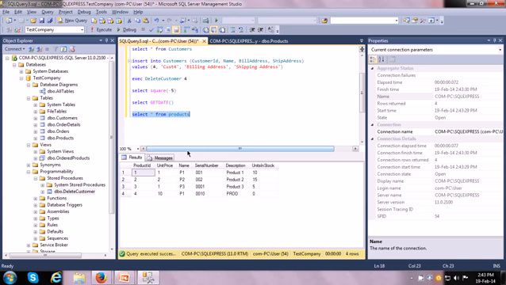And here what we can see is all the data is there. What we can test is that the data is correct. So we can find out whether the name P1 contains serial number 001, and the description should be product 1.